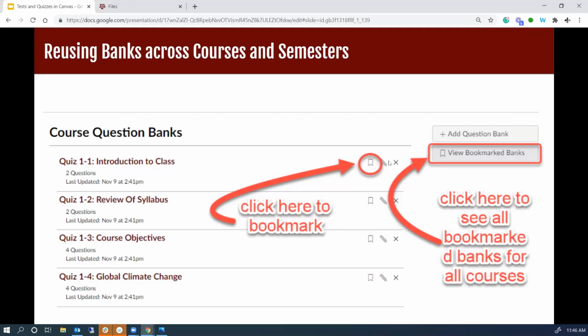Once you have a bookmarked bank, you can view bookmarked banks and see all of the banks that you have for all of your courses over here on this option. You can also share or transfer question banks by exporting it, either exporting the course or just exporting the QTI zip file individually, and then importing it into your target course.